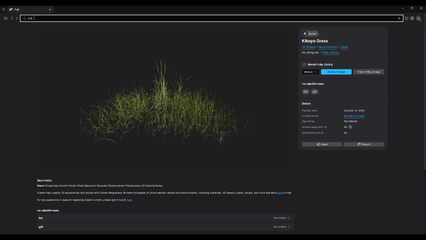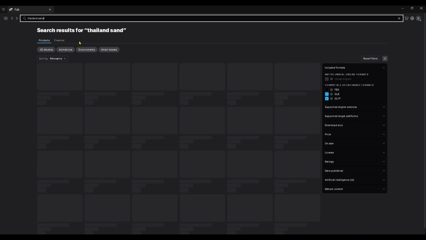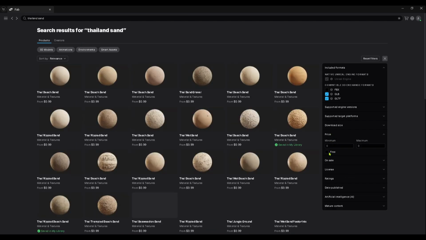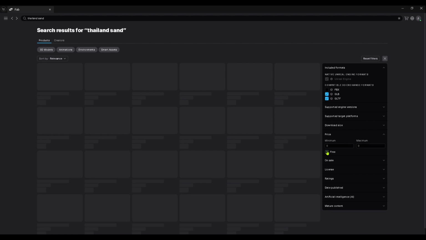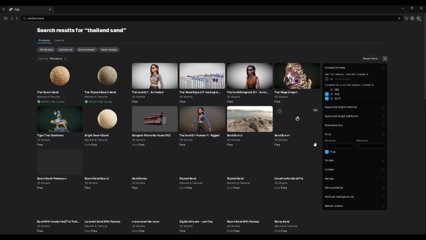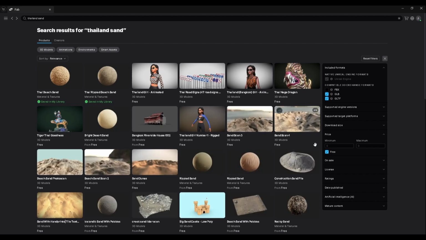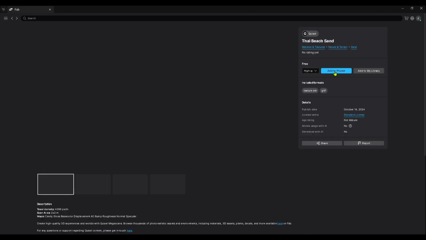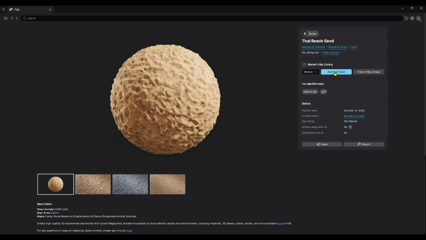think there's a nice one called Thailand Sands. Obviously, we want it to be free. Now, some of these materials are a bit iffy with Nanite, is what I've noticed. So, I've got this one saved in the library. Can't remember which one's decent, so I'll just add this one in for now. Yeah, we'll add this one in, add to the project,